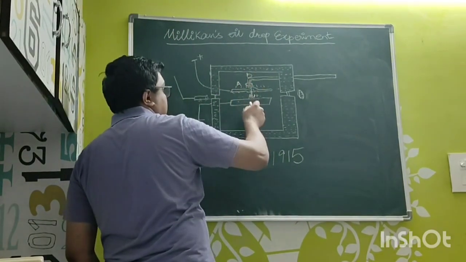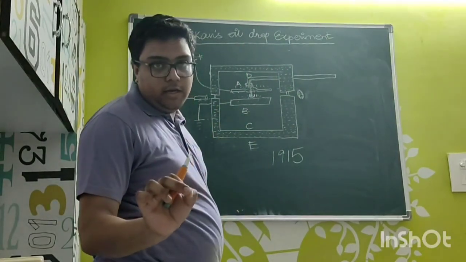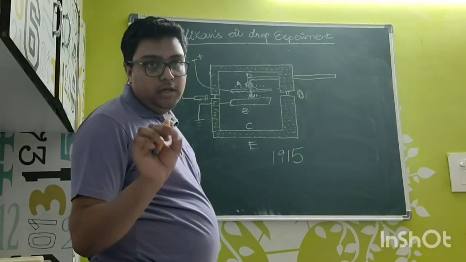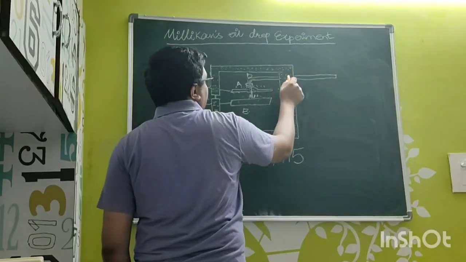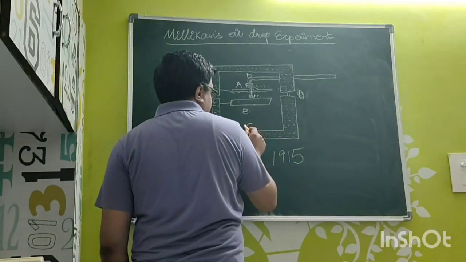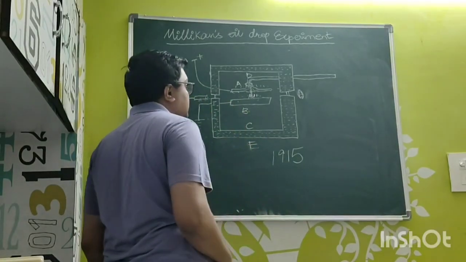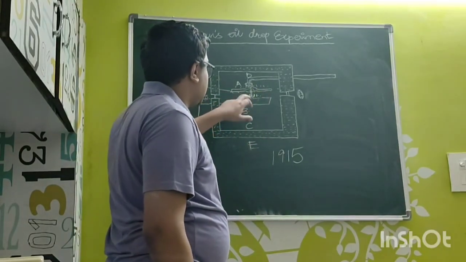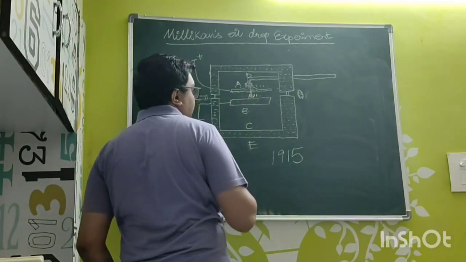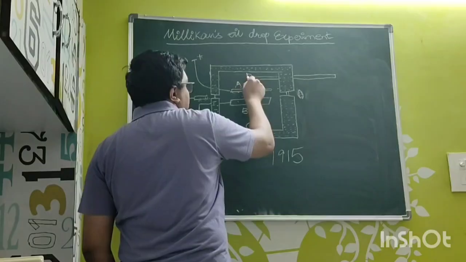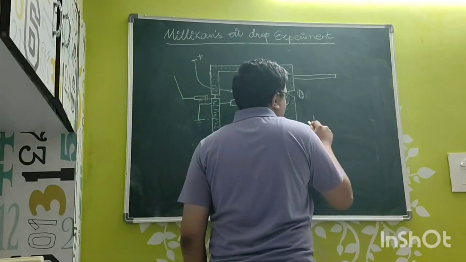So this is the apparatus for Millikan's oil drop experiment. We have to determine the charge of the electron. Let's do it. This is an oil bath in the container C, and this apparatus consists of two brass plates, A and B. A has a small aperture in between, and D is called an atomizer, which releases heavy oil,